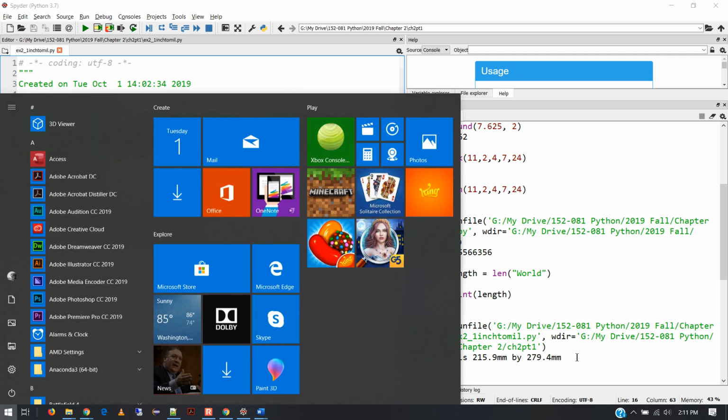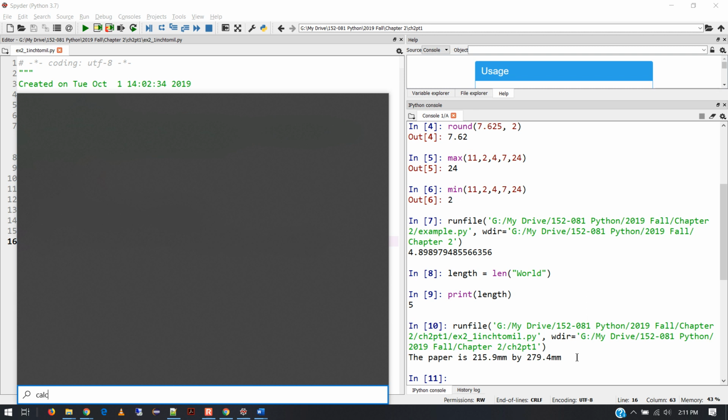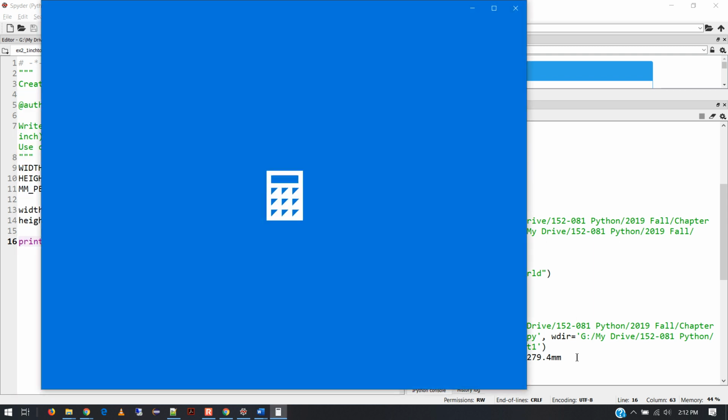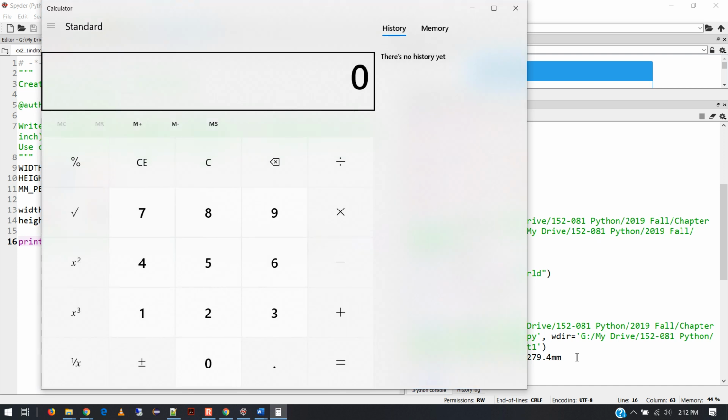But here's what you might want to do. And this seems kind of silly since you just programmed the computer to do the math for you to sit here and double check the math. But it's a good idea to double check the math, folks, so you know that it worked out right. Because if it didn't, guess who's going to be squawking about it? Your instructor. So if I have 8.5